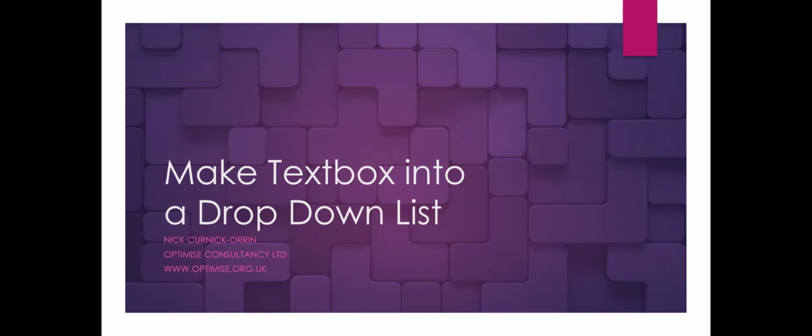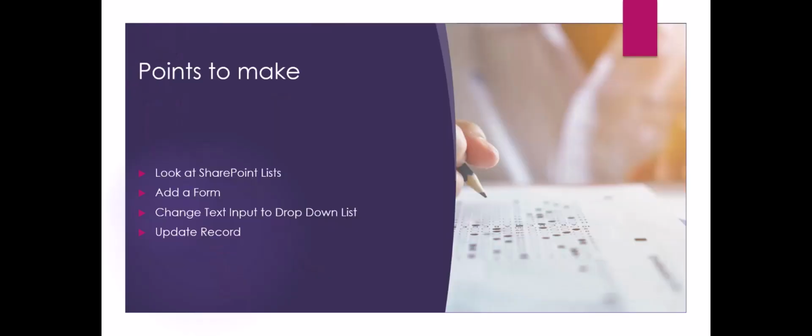I'm trying to keep this short. I'm going to make a text box into a drop-down list on a PowerApps data entry form. So we're going to look at the SharePoint lists. We're going to look at adding a form into the Power App. We're going to look at changing the text input to a drop-down list, and we're going to look at how